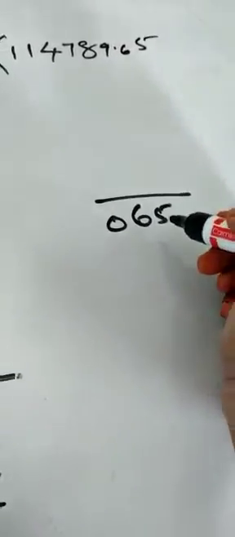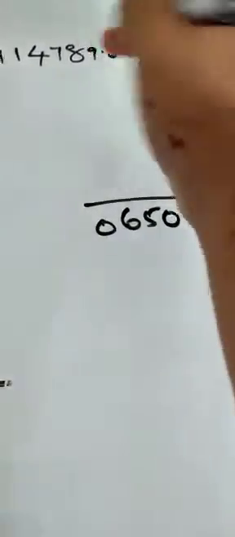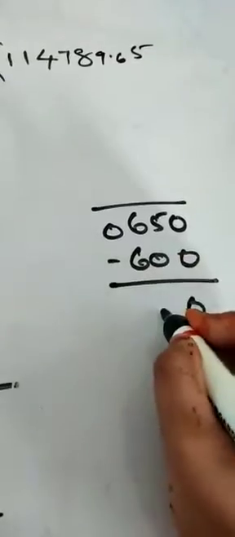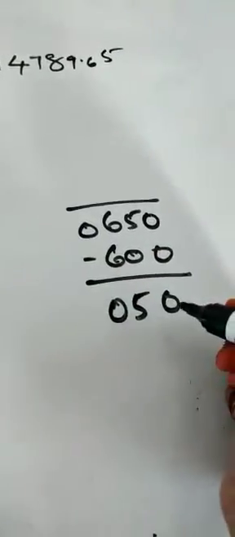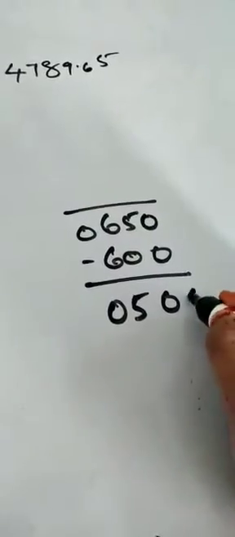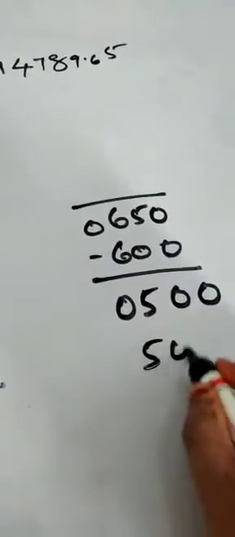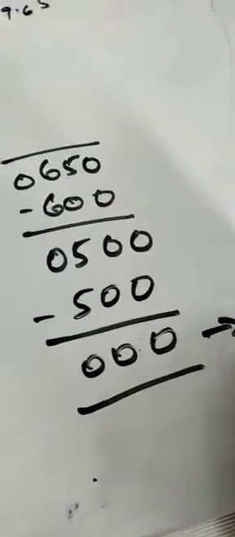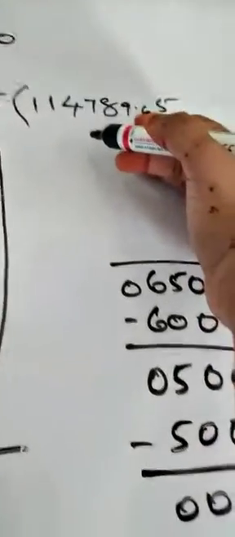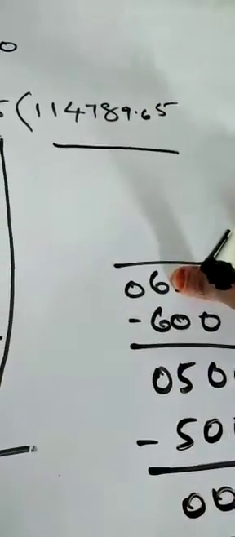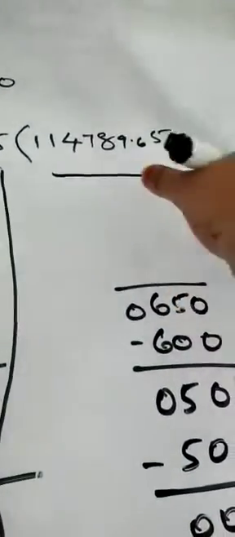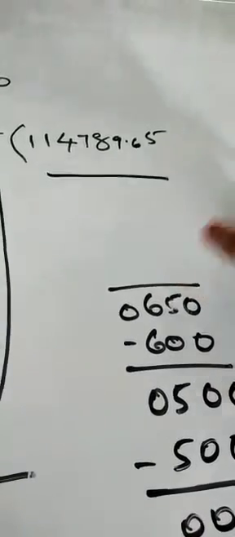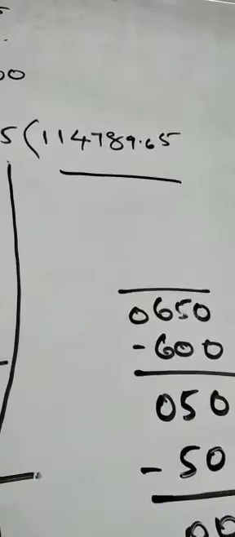So after this, what have I taken here? 0, because you have taken the point. So 600 into 6, 600. 5 minus 0 is 5, 6 minus 6 is 0. We have taken the point, now we can take another 0. So 100 fives are 500. So 500 minus 500, 0. So this is our remainder, and this is our required answer. This is our required quotient, we can also say. So 1 crore 14 lakhs. This is the required answer.